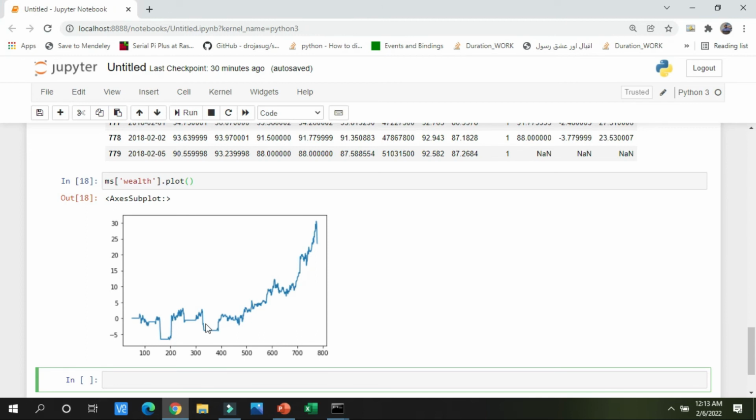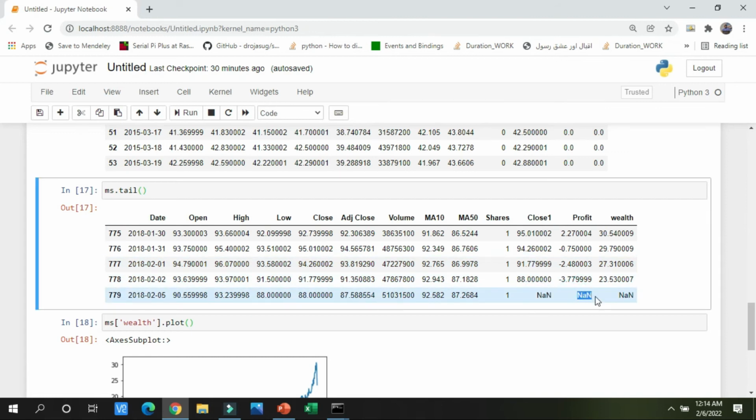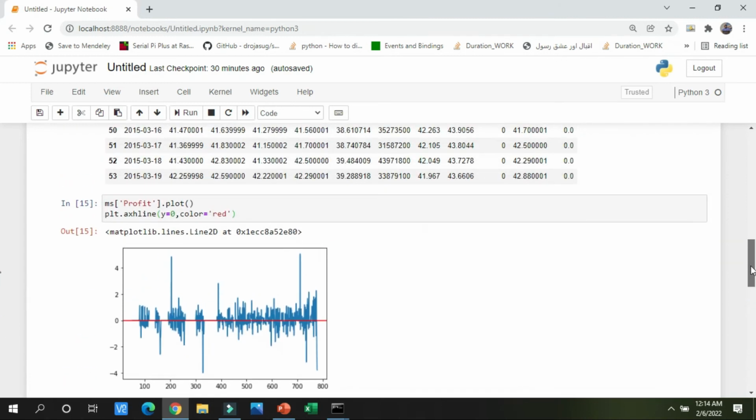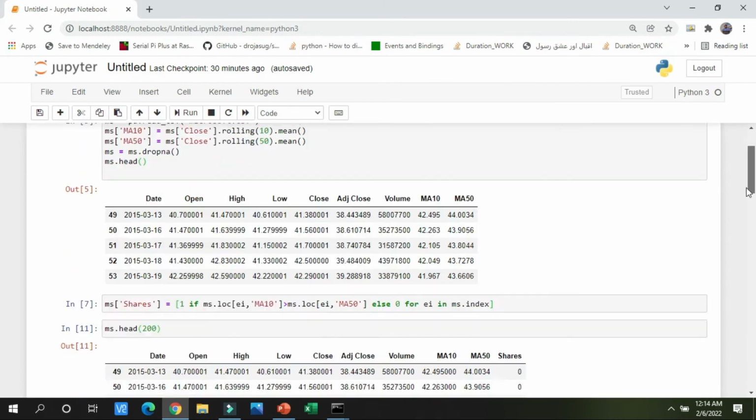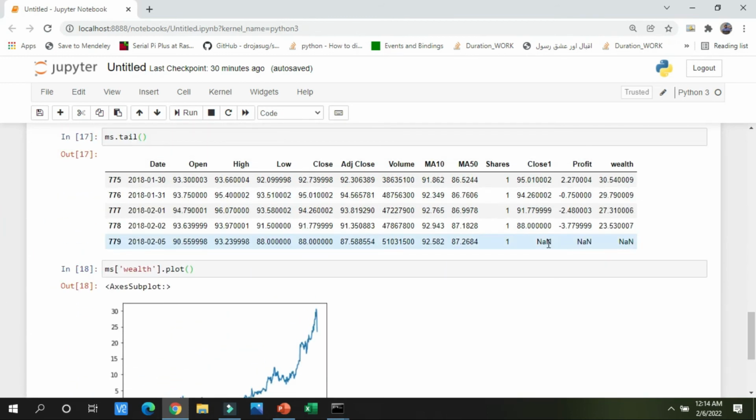Now, if someone asks me what is the total amount of money you won, see this is your whole graph, and in the last rows you can find the close column with empty values. If I ask why these values are empty, everyone will give me the perfect answer: because I have used shift -1 above. Shift -1 will delete the first value of close and shift all the values up. So because of shift we have the empty values here.